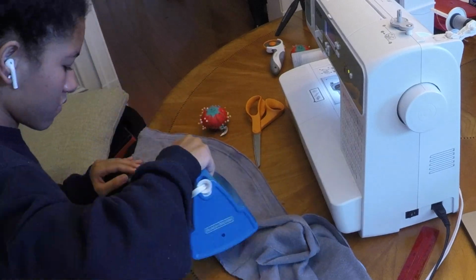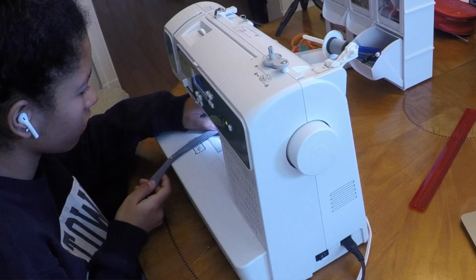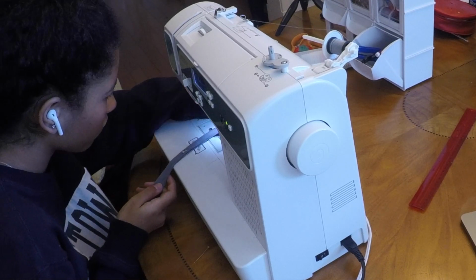So I folded that right sides facing each other, pinned it together, and I sewed that strip of fabric together. And I also sewed one end of the tube and left the other tube open. The next part that I did was flip the tubes. Basically, you take some type of pole. You could use a straw or a pencil maybe, but I used a wooden skewer,